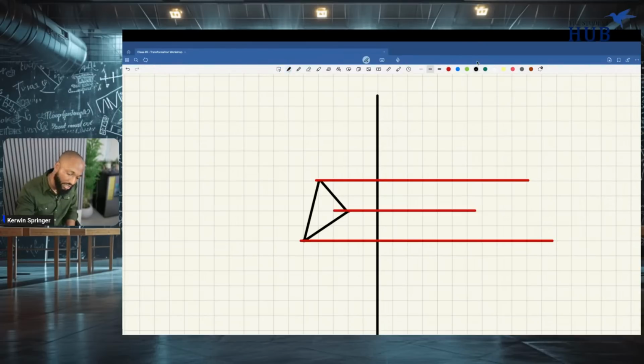You need to take your compass. Your compass is the thing that looks like this. Some of you might have the one where you put a pencil on the side here. You know what I'm talking about? There's your compass. This part sticks into the paper and you draw a circle. So you open your compass, stick it in here, draw a little dash there. That's how you get the length. And then you just circle back around and draw a dash here.